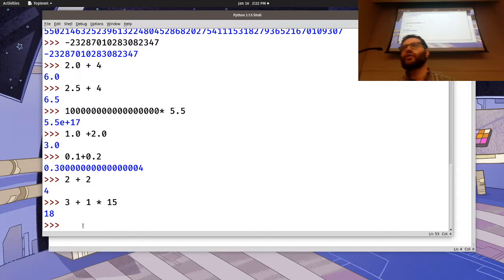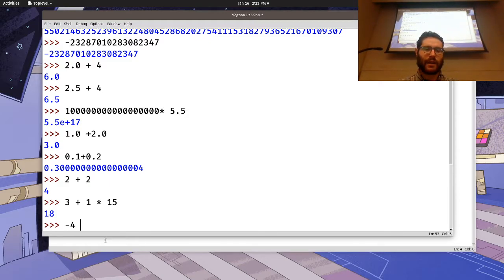Multiplication and division goes first, left to right, and before addition and subtraction. Parentheses, of course, always go first, right? It works exactly the same way. So we can see that we can do the multiplication operator with the star over here. We can also do